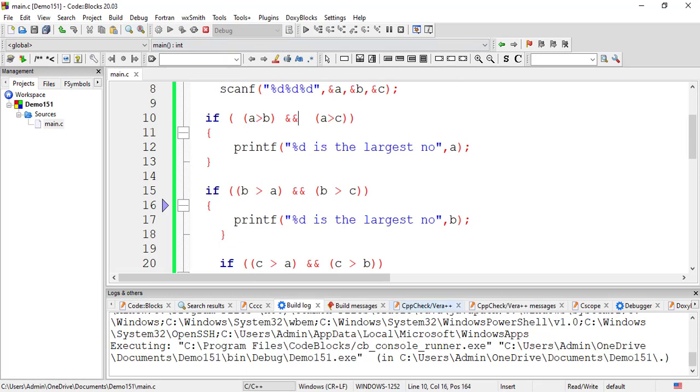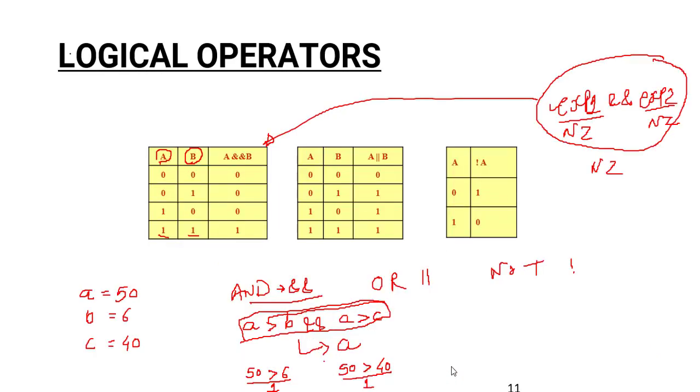Right now, going back to our presentation, you can also use the logical OR, which is helpful to explain with a truth table like this. If expression 1 is 0 and expression 2 is 0, then in logical OR your answer is going to be 0. Otherwise, in all cases your answer is going to be 1. इसका मतलब ये है कि अगर आपका expression 1 true हुआ या expression 2 true है, दोनों में से कोई भी एक expression true है, तो logical OR will give you the answer true, right? And logical NOT will make it opposite, 0 becomes 1 and 1 becomes 0.